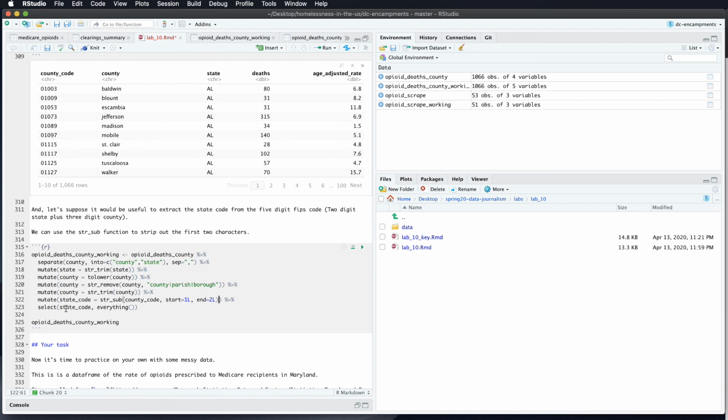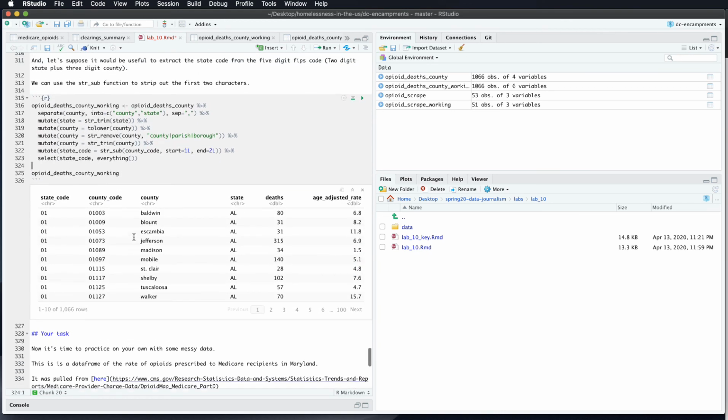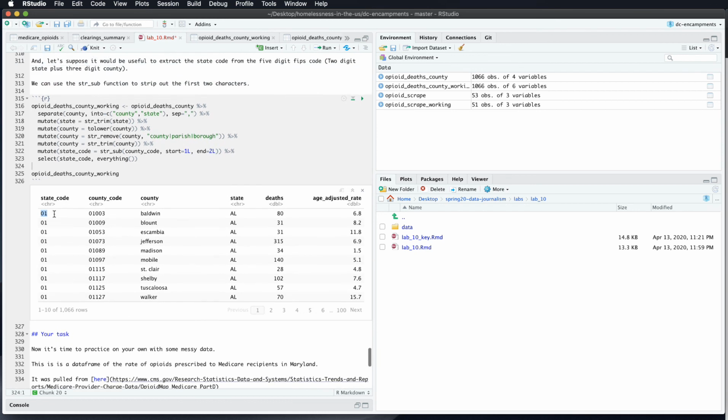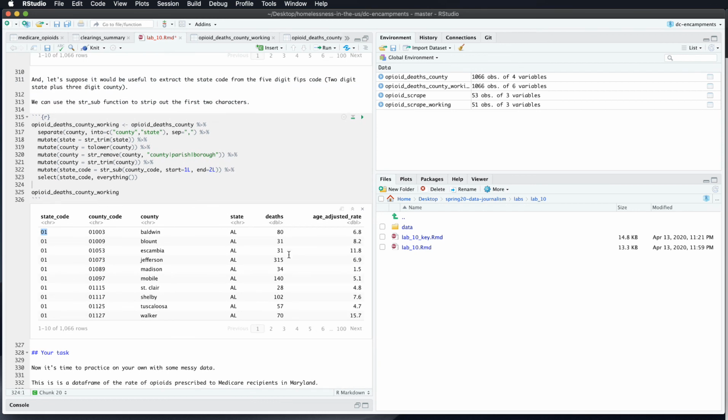Then I'm just reorganizing things a little bit. I'm selecting the state code that we just created, so that's going to be first in our column, and then put everything in our data frame after that. So what do we end up with? It has pulled out the first two digits and put it in its own column called state code. Okay,